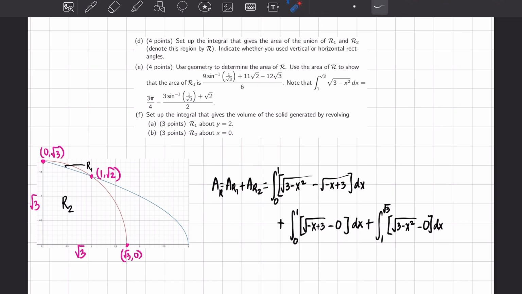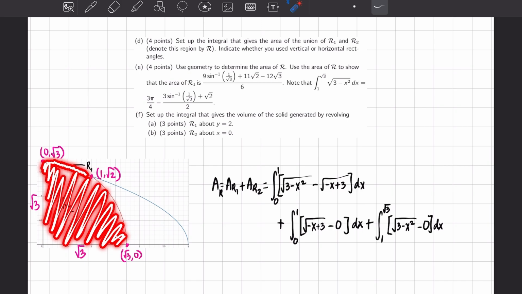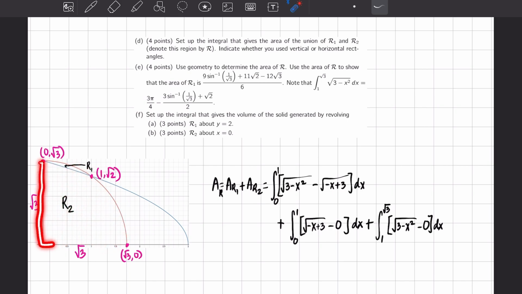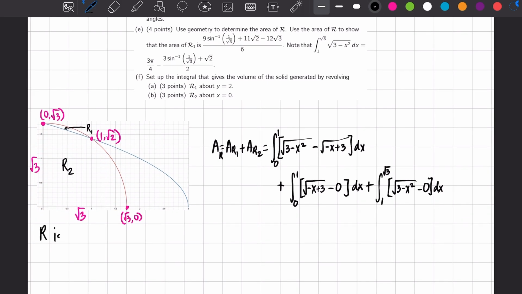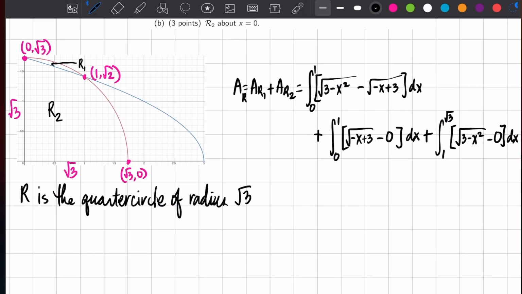Now, let's try and see what the region R really is. So recall that the region R is the area of the union of R1 and R2. This one here is R1, while this one right here is R2. And as we can see, we are talking about this quarter circle right here with radius square root of 3. So R is the quarter circle of radius square root of 3. And so the area of R